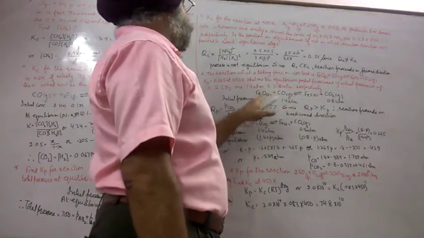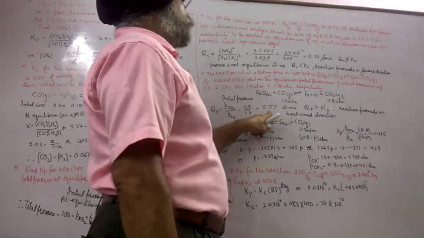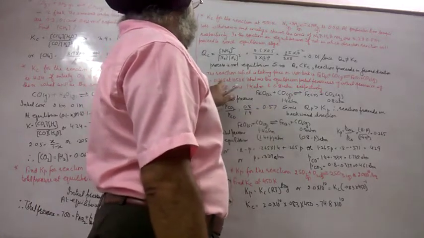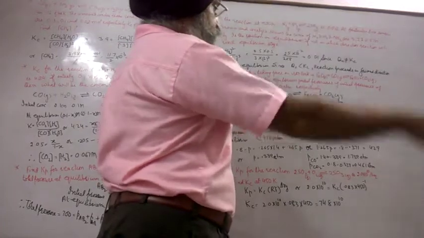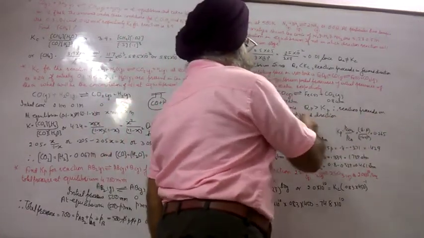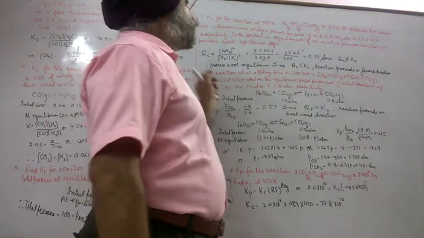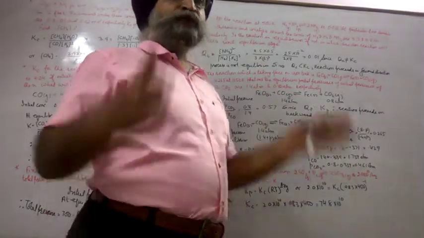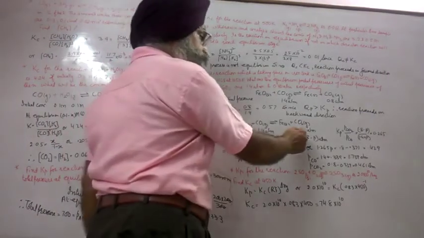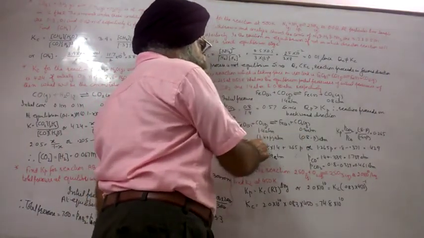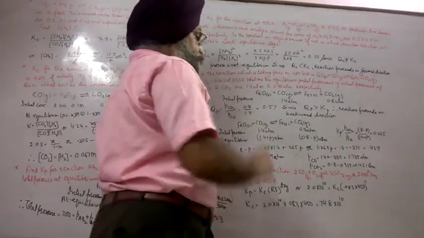Partial pressure of CO2 is 0.267. K is 0.26, but Q is more. If Q is more, the product concentration is high. It means the reaction proceeds in the backward direction. If Q comes out to be less, then the reaction will proceed in the forward direction. First we found out that the reaction will go backward, so we subtract here; pressure will decrease here and increase there, in a 1:1 ratio. If it were 2 here, we would have accounted for that too.